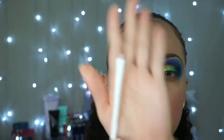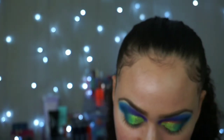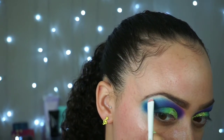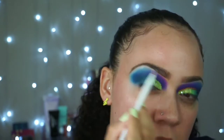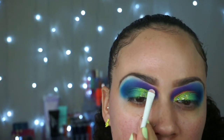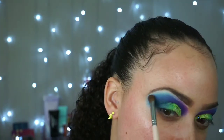Now for my brow bone, I'm going to take this very small eyeshadow brush from Wet n Wild that is a little bit dirty. That's because I used it on the other eye. And I'm going to go into that white, and I'm just going to highlight this little area that is left. As you can see, it's just a very little bit of an area because I brought it all the way up. So I'm just going to add that white in the space, just like that, and with a clean brush, just soften it out. Okay,